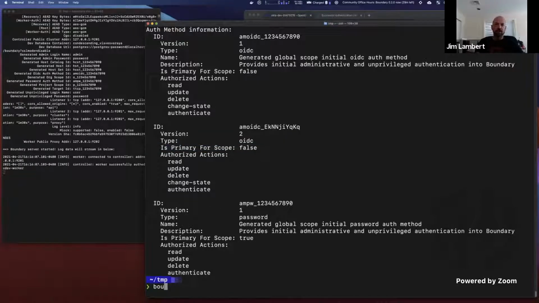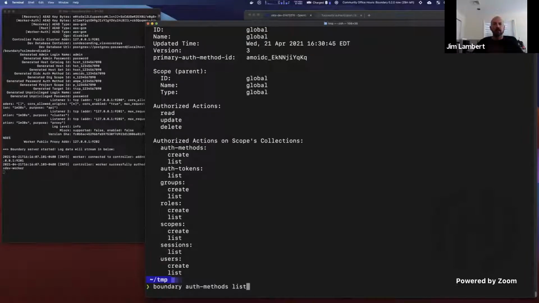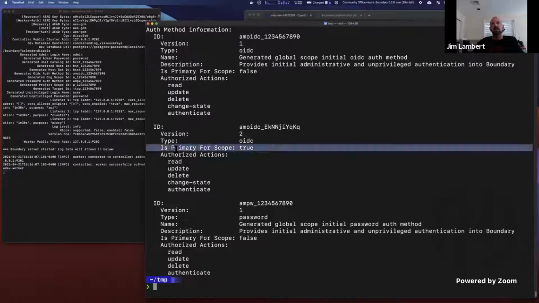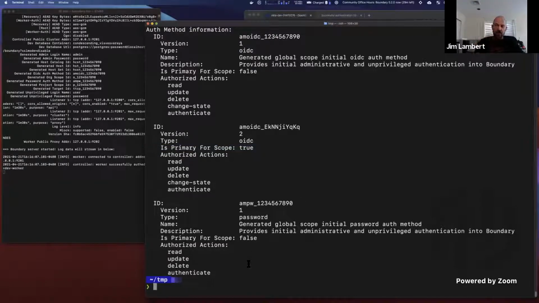I have to say this is the one auth method in the scope that's allowed to create these things. So if I come over here, and this is a scope activity, right? Because now I'm saying for the global scope, I want to set this as my primary auth method. So I say my ID is global, and I want to set my primary auth method. I have to say that I'm doing something to scopes. And then my primary auth method ID, and it's the one I just created. So now it's my primary auth method, and if I list it, it's set as the primary. So now users will be automatically created whenever a new authentication happens. So now I am finally ready